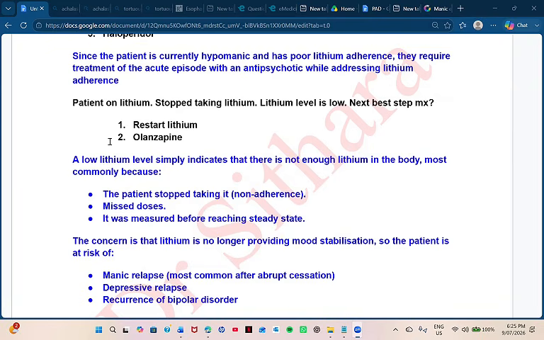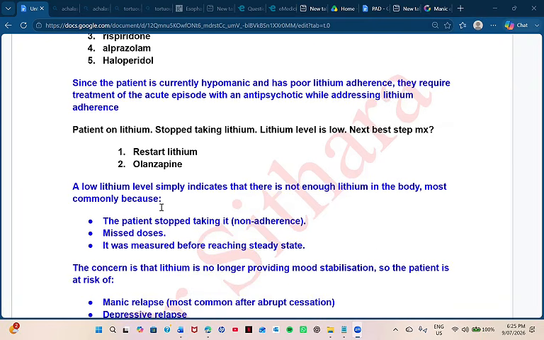So in that case, if the patient is not having acute relapse and the patient missed doses or is non-adherent, we can restart the lithium. But if the acute presentation is given with acute manic symptoms, you have to